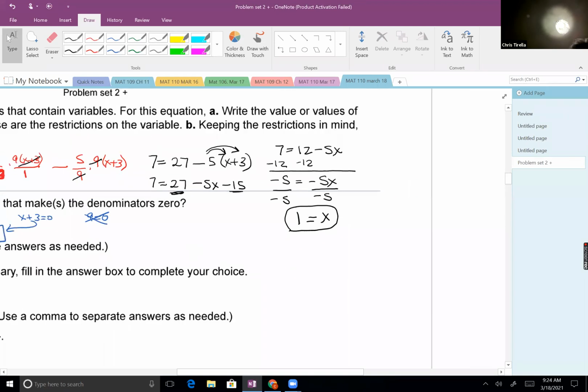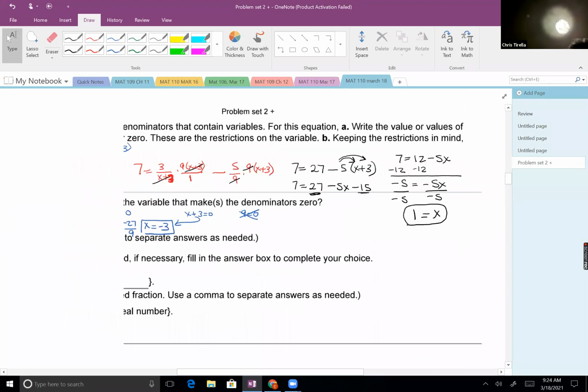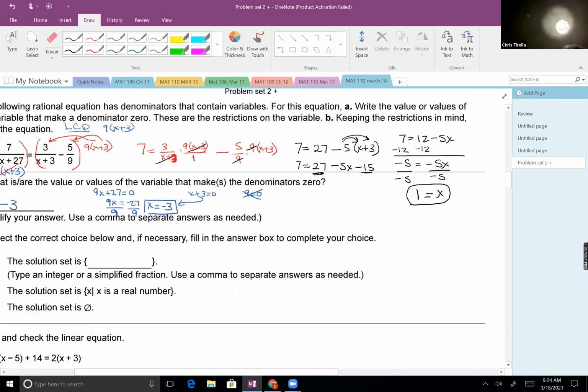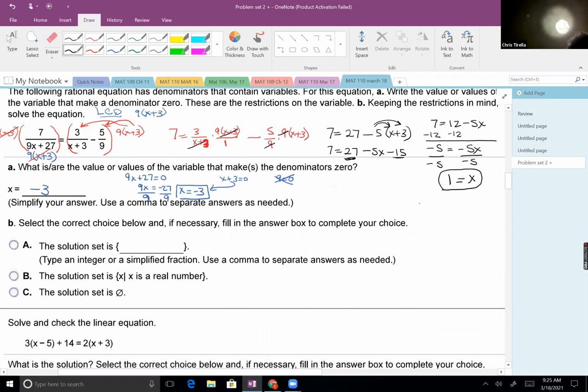I'm going to go back to the original equation. You notice that that doesn't give me a 0 in the denominator. So hopefully this works. Let's see, we've got 7 over 9 times 1 plus 27 equals 3 over 1 plus 3 minus 5 over 9. 9 times 1 is 9, plus 27 is 36. So does 7/36 equal